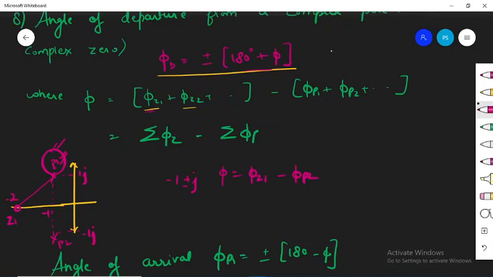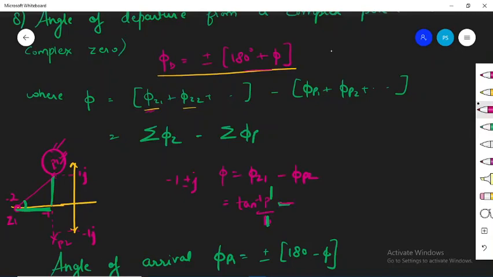Here you can see phi z1 can be written as tan inverse of perpendicular upon base. So here we have the perpendicular; this angle we have to calculate. How can we calculate this angle? Tan inverse of perpendicular by base. What is the value of the perpendicular? The perpendicular's value is 1, so this will be 1, divided by base, again 1. So it will be tan inverse of 1, minus